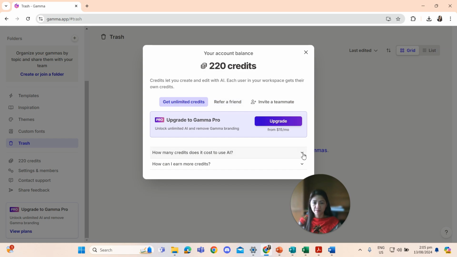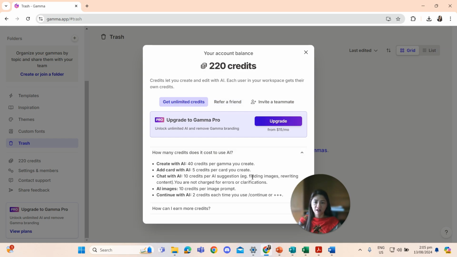Then of course, how many credits does it cost to use AI? We have here creating with AI, 40 credits, add card with AI, 5 credits, chat with AI, 10 credits, and AI images, 10 credits per image, then continue with AI, 2 credits each time used.